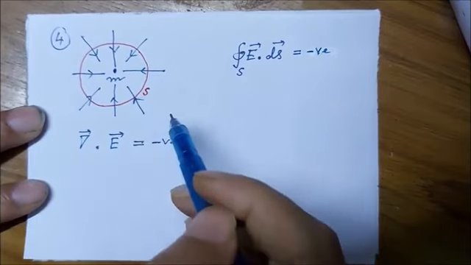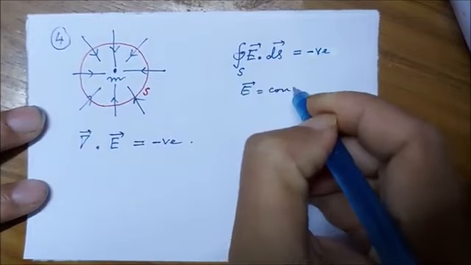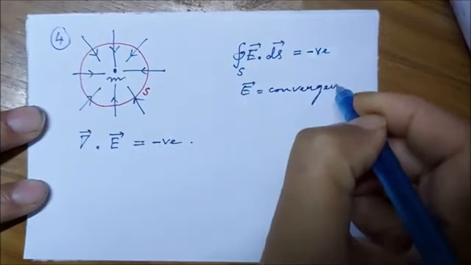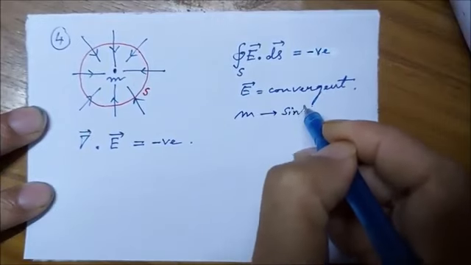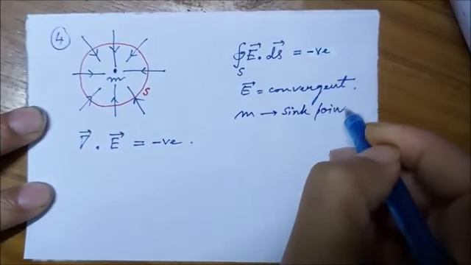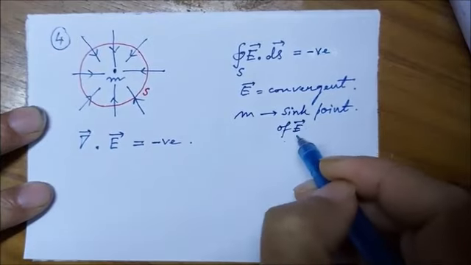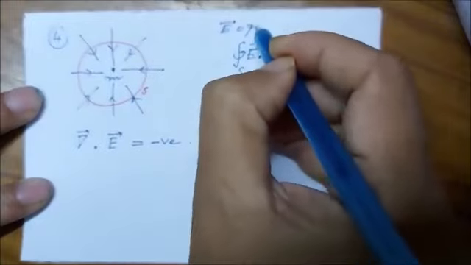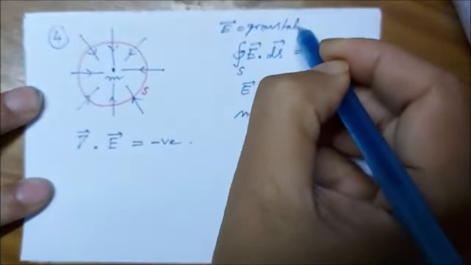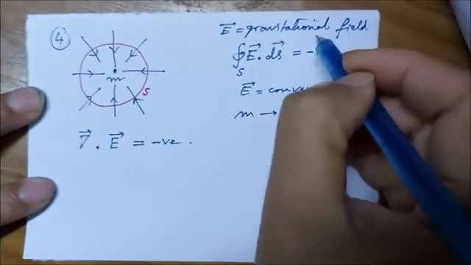So E lines are convergent. Sink point, sink of the gravitational field E. Here E represents the gravitational field due to M,